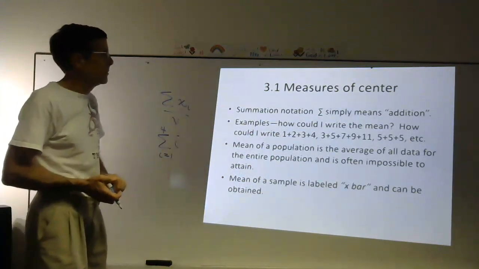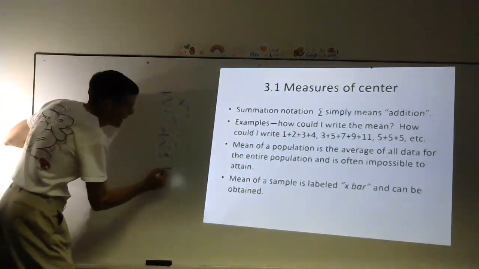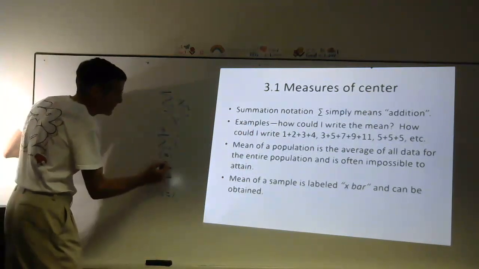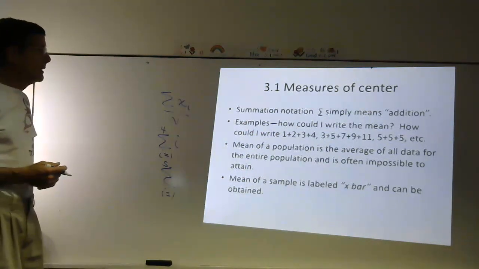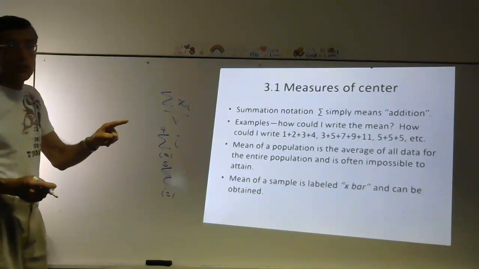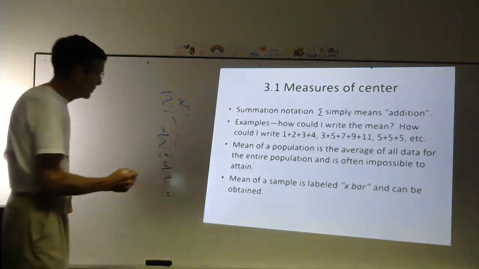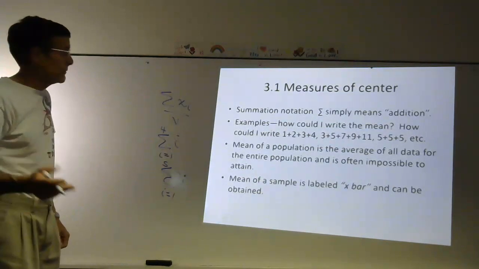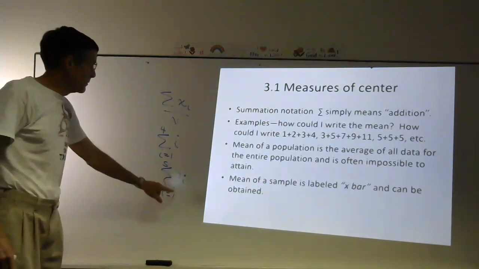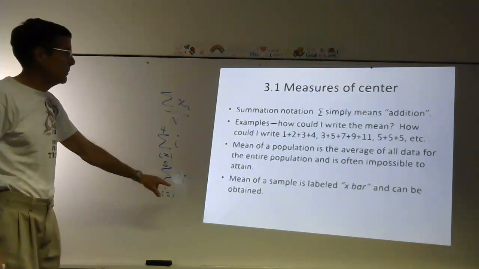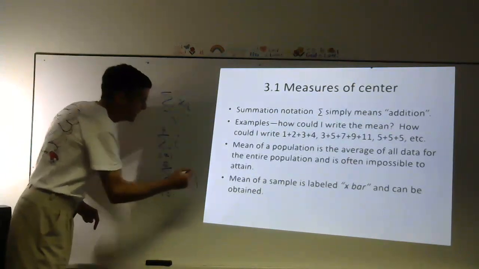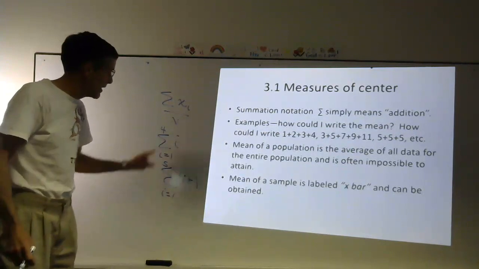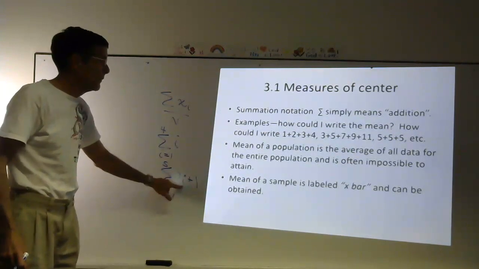How about 3 plus 5 plus 7, 9, and 11? How could you do that? You could do i equals 1. We have 5 numbers, 1 to 5, okay? Now notice there's a difference of 2 between each number, okay? A difference of 2. So I have a feeling it's going to be 2 times i to get that difference of 2. The first time through, if i is 1, 2 times 1 is only 2. So we want to get 3. How about we put plus 1? Now let's try. The first time through, 2 times 1, 2 plus 1 is 3, checks. Second time through, 2 times 2 is 4, plus 1, 5.